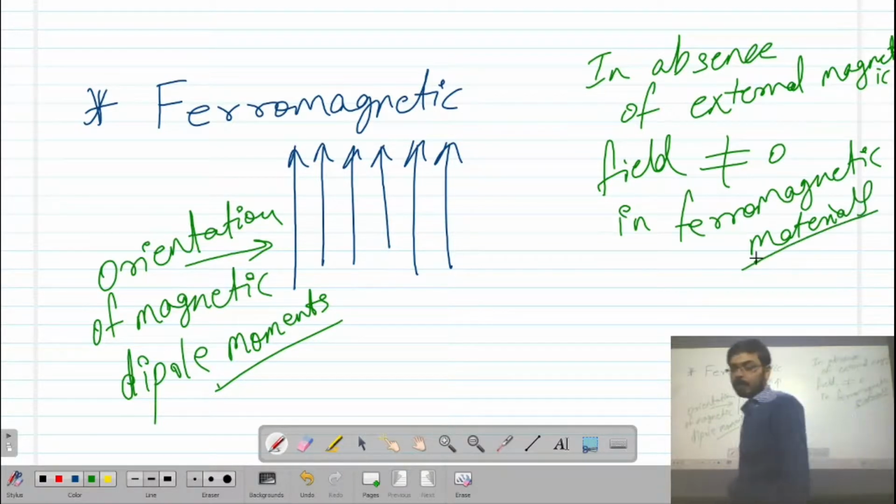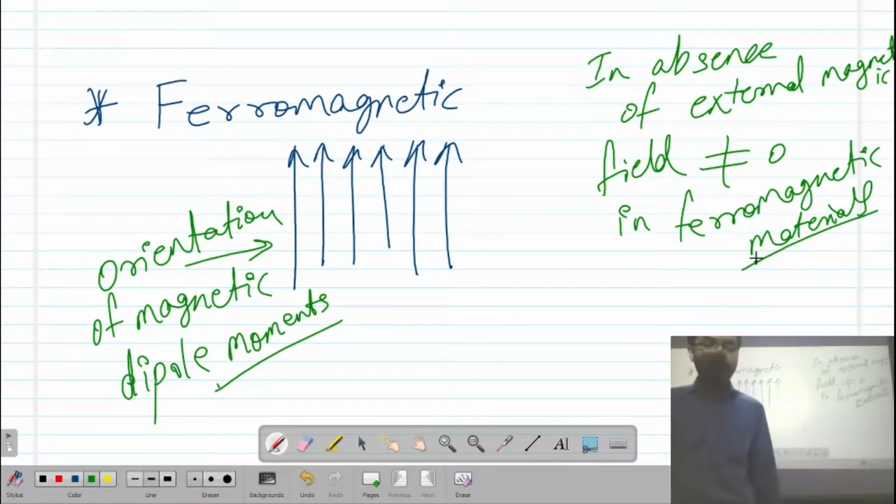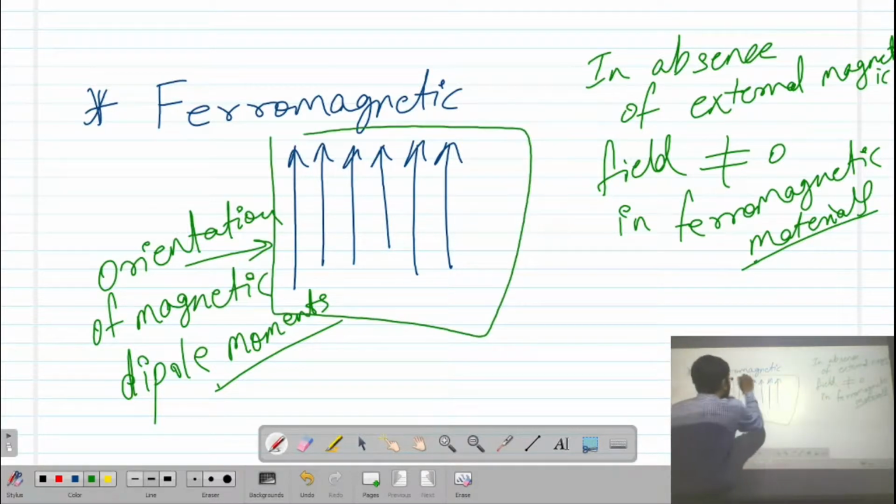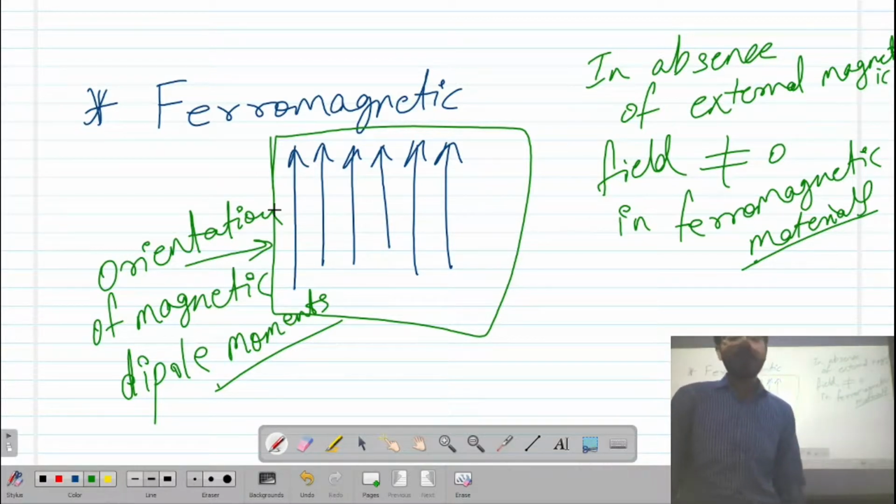Right, in ferromagnetic materials it will have permanent magnetic dipole moments oriented in a particular direction. This direction may be of any kind. We have come across a magnet.